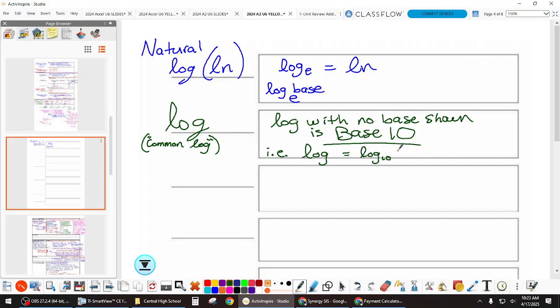So we'll do some work on this tomorrow. Please go home and let this sink in, this negative exponent business and the